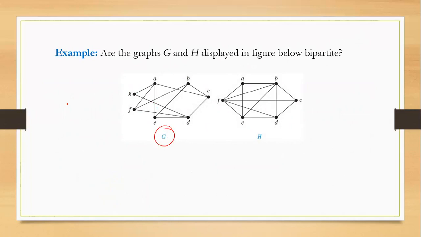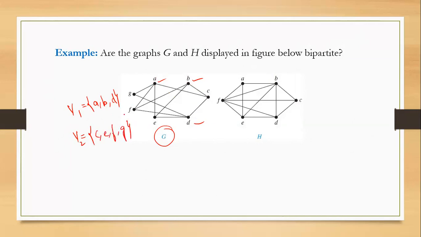Graph G, if we are dividing the vertex set of graph G into V1 and V2, I am taking the vertices in V1 as A, B, D. Why am I taking these three? Because if I take A, B and D, look whether they have edges in between them. No. Between A and D we don't have any edge. Similarly between B and A, B and D, and similarly with D and A, D and B. So we can take these three. Apart from that, we can take V2, the rest of them, C, E, F and G.